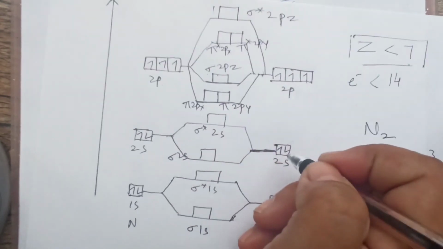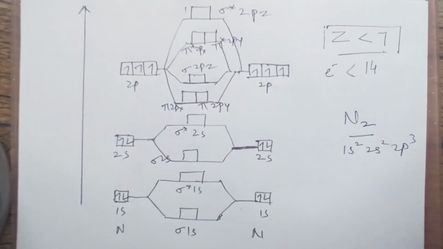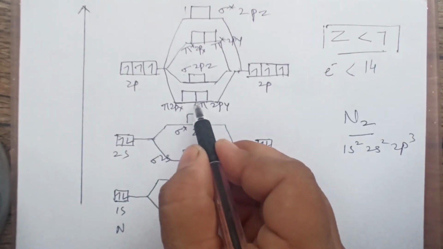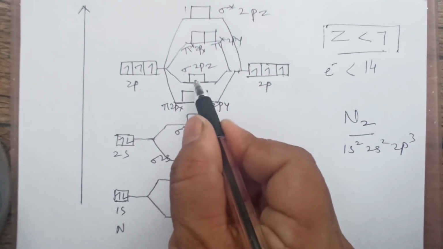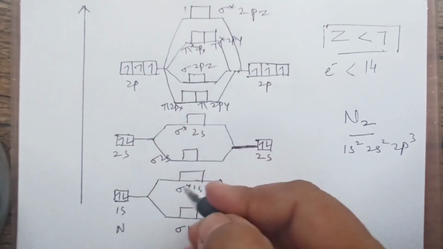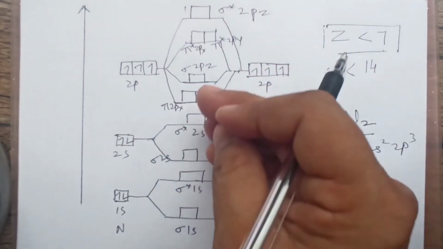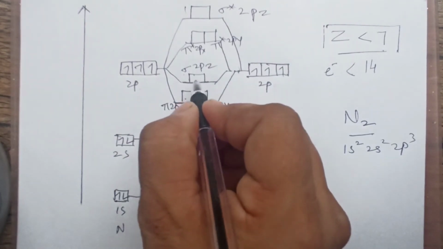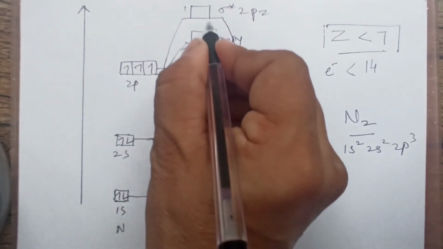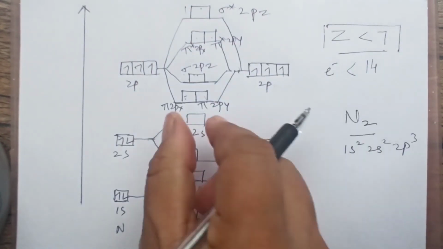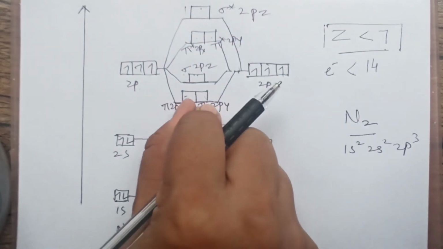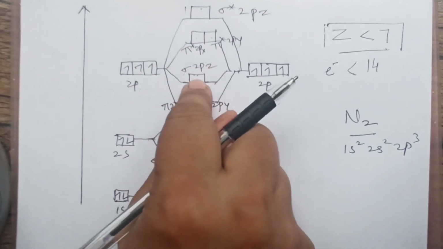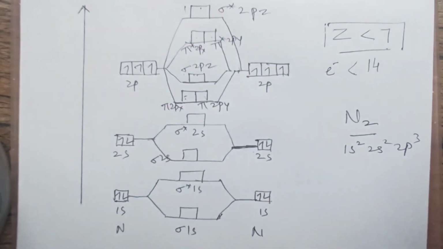Because there is almost a mixing of the atomic 2s and 2p orbitals, the electrons present in 2pz face more repulsion and its energy goes up. We can remember it like this: 2 1 2 1 for nitrogen. The two pi orbitals are always together because they are degenerate. Then you have sigma, then 2 pi's together, then sigma.